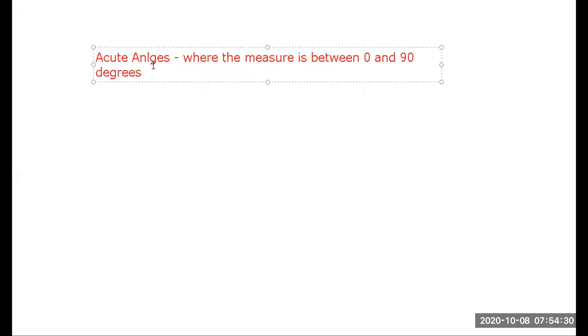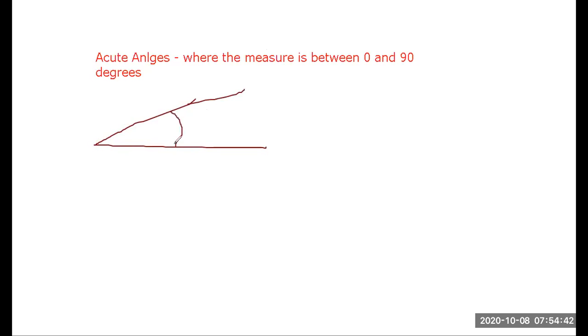It has to be between 0 and 90. For example, if I have an angle that's like this, and it says that it's 35 degrees, then yes, that is an acute angle,